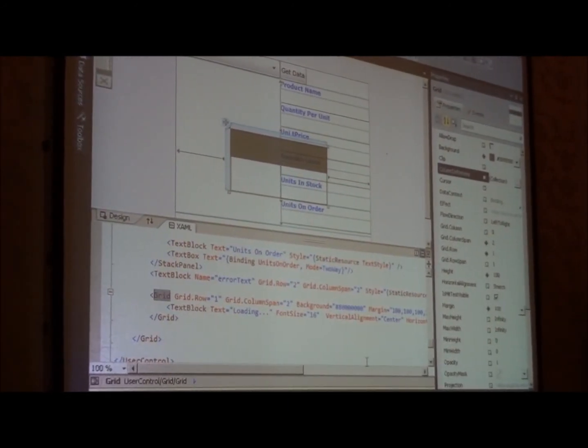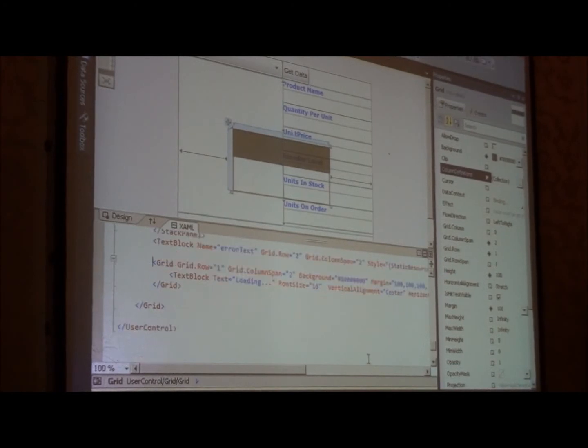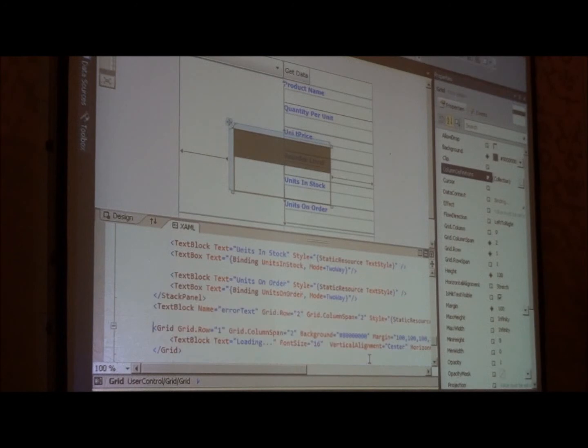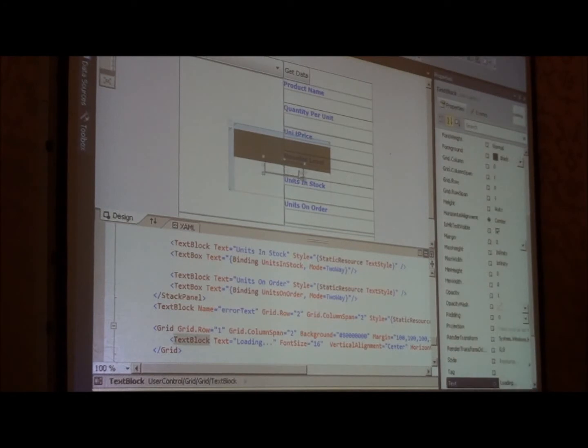Okay, it's the wrong way. Anyway, what it should have done was show loading. Okay? And we want to bind this